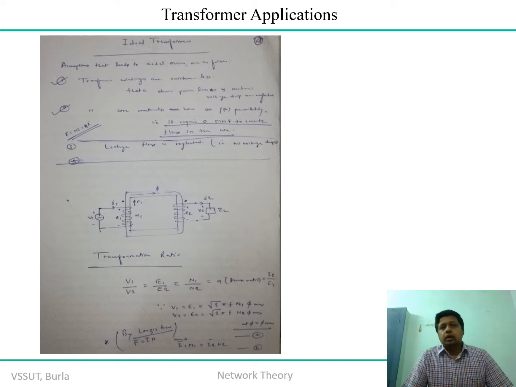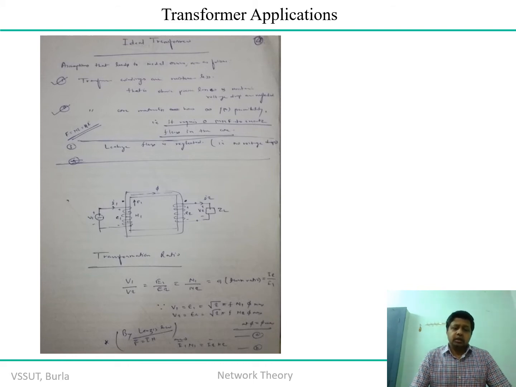Therefore you can achieve it only if the material's permeability is infinite, mu is infinite. Now if the material permeability is infinite, it indicates that the amount of magnetomotive force needed to generate the flux should be theoretically zero. Practically it is not possible, so we consider a combination of materials, the soft steel, which is basically used to design the core of the transformers.